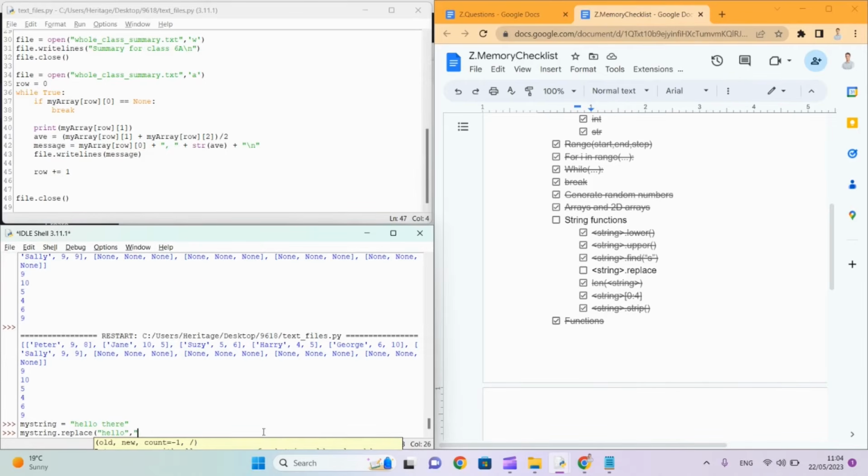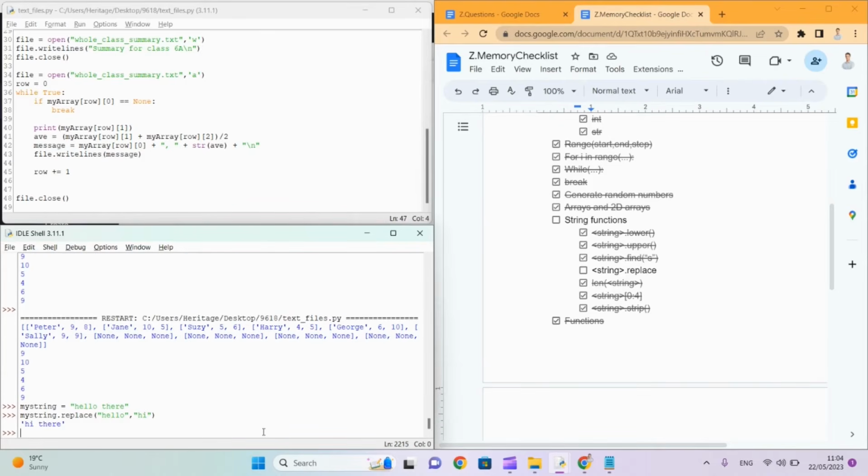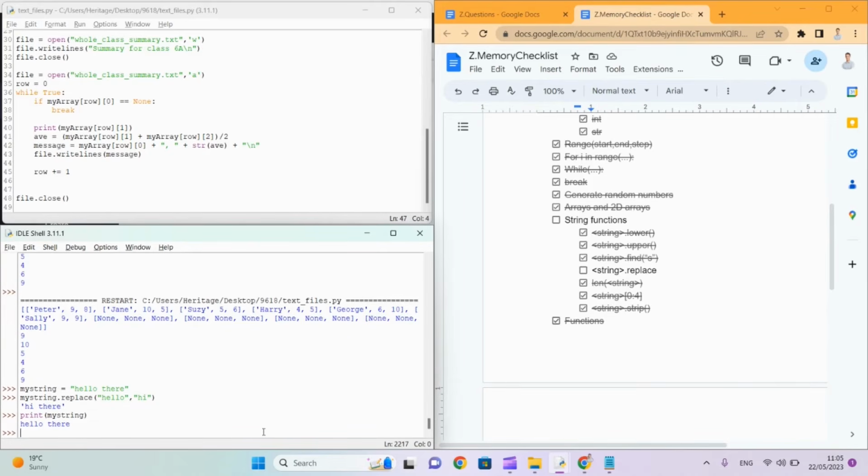Probably won't need this on the exam, but you never know. And then let's print a string. Oh, I'm stupid. We say new string equals